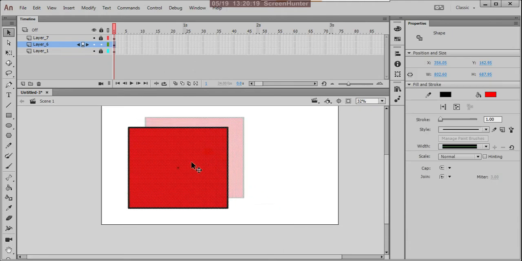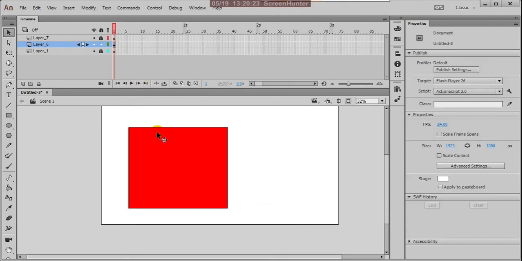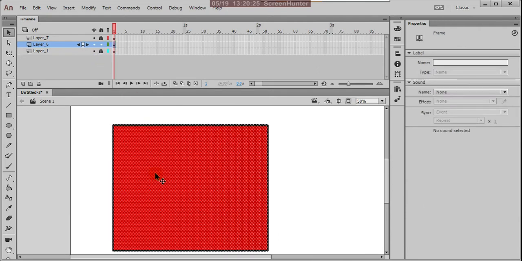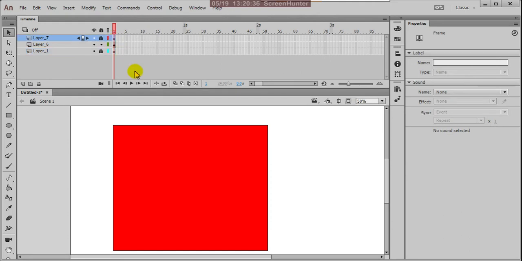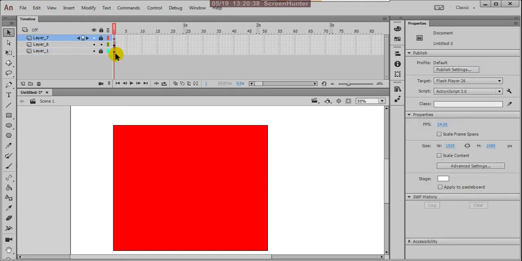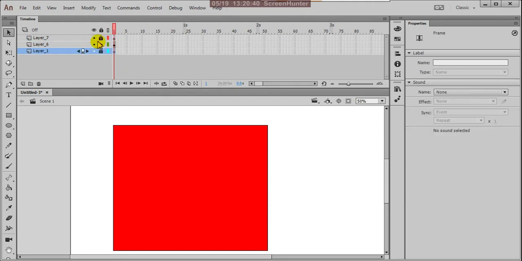Here the black spot means there is a drawing or a shape object, anything. Here nothing is there. The empty circle means in these two layers nothing is there. The black spot tells there is an object.